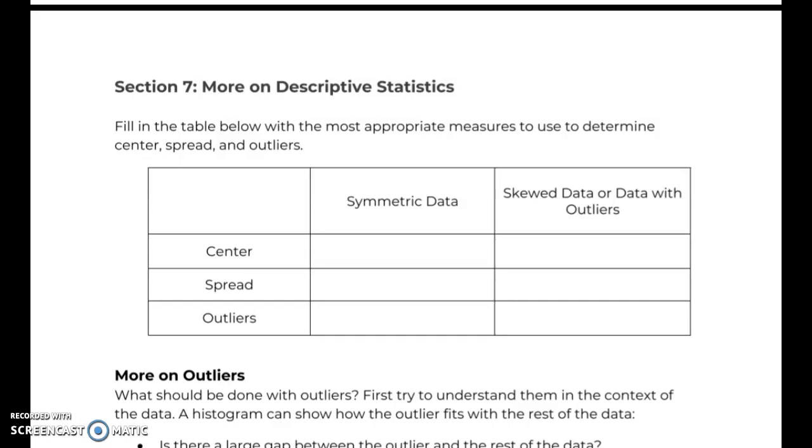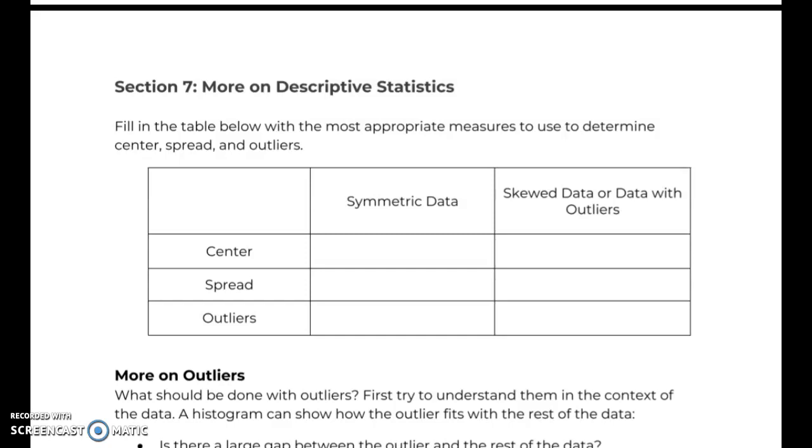So let's summarize what we've learned about descriptive statistics. When we look at numeric data, we want to describe the shape, and three parts of that would be describing the center of our data, describing the spread, and describing our outliers. Depending on whether our data is symmetric or skewed, we would want to use different measures of center, spread, and